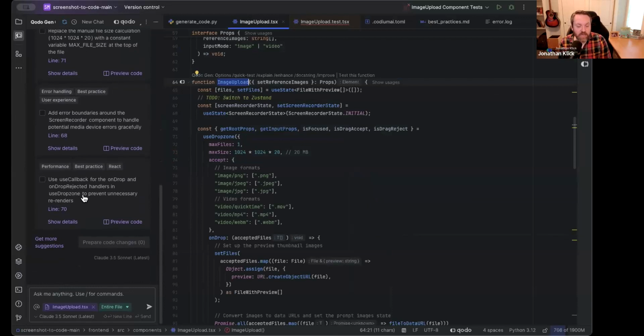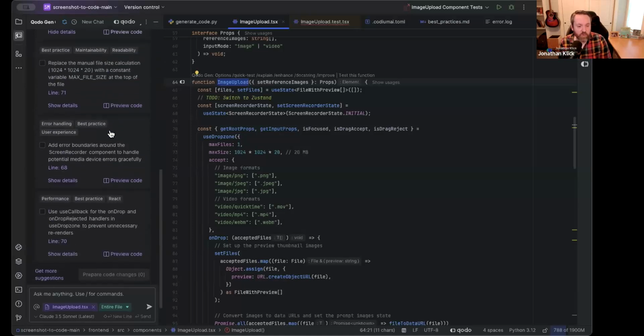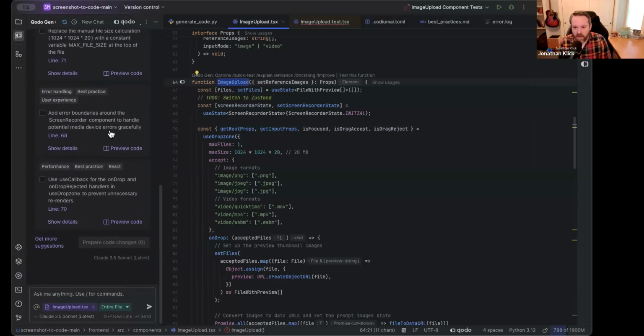But the idea here is that if there were other types of security risks in here, another great one that I've seen for performance is everything from implementing some caching or adding some async or multi-threading, other things like that. So there's lots of great things that this can do to help improve your code, again, before you ship it off to be reviewed, which really sets the stage to talk about our next product, which is Qodo Merge.